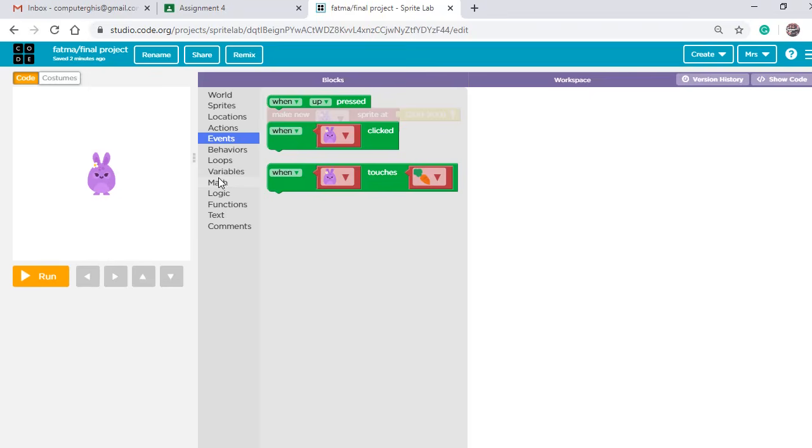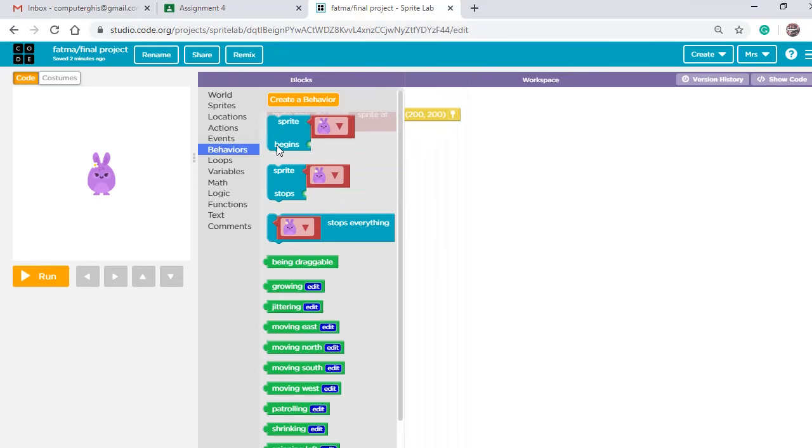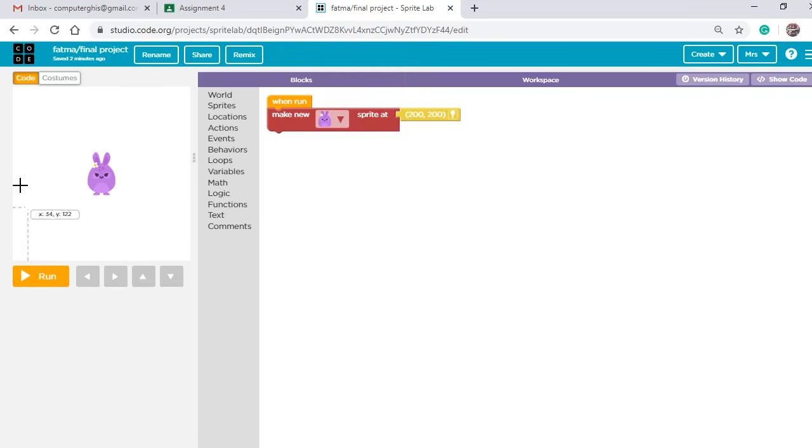Here we have the screen where our game will be displayed, and here we have the run button. When we click run, the game will work. Step number 1, we need to add a background for our game, so we're going to remove the sprite here. Okay, then from world we need to set a background. We have two options: to have a color